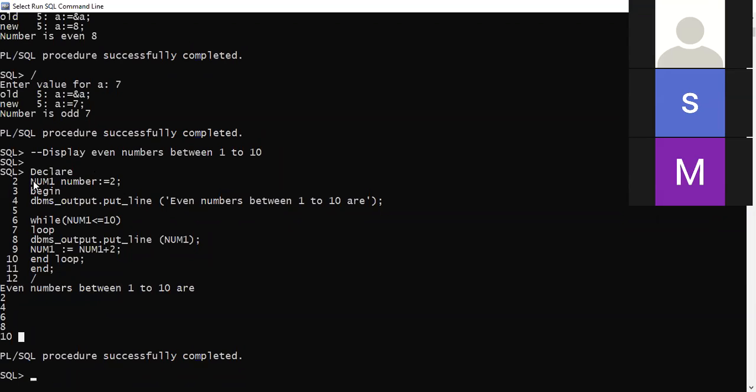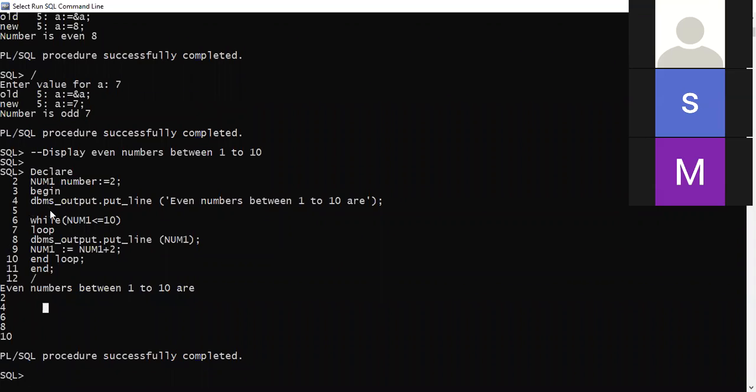So initially num1 I am going to initialize with the value 10. Then the condition will be num greater than or equal to 1. And then I will print the value of num1, and then I will decrement. For decrementing, I have to just change the operator to minus, and then it will do the same job.